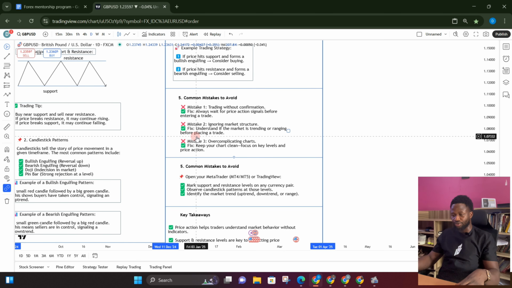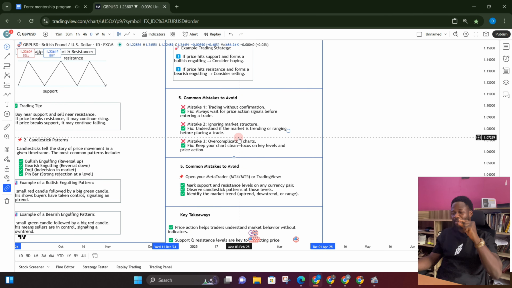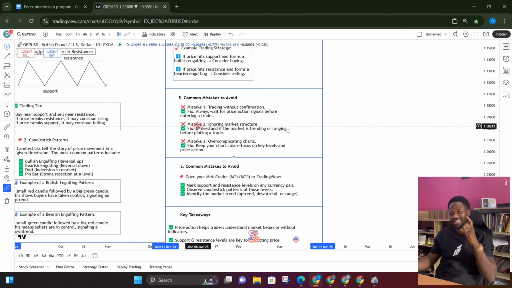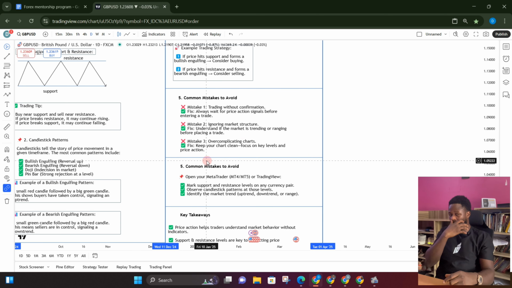ignoring market structure. They don't care whether we're in an uptrend or a downtrend. They just want to get in and get something. So you have to understand if the market is trending or ranging before placing a trade. Then number three is